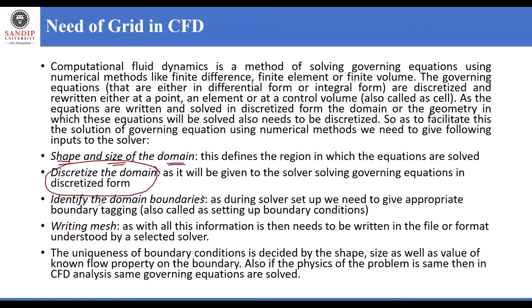Then we are going to identify the domain boundaries like inlet, outlet, pressure far field or velocity inlet, velocity outlet, wall boundary condition. These are all going to identify the boundaries, or we are going to put tags for it. Then we are going for meshing. Then we write the mesh in a file format, or we export it in the format